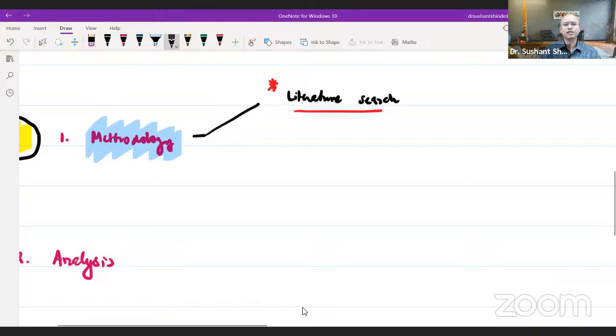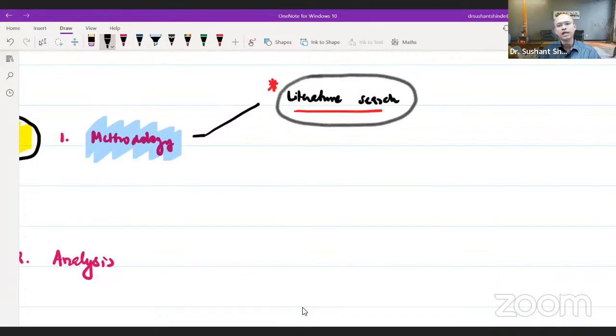Many a times students, when they begin their journey, don't realize how important this literature search is going to be. If you do not know how to search literature, you actually are going to try and reinvent the wheel. It could be that you want to find some answers. It doesn't need to be something that you want to do research on. It's something that you genuinely have a question about your patient. It could also be something that you want to do research on.